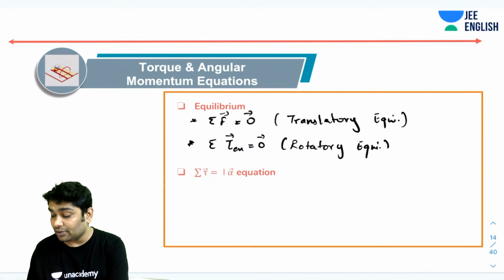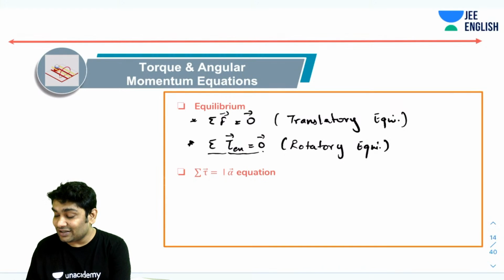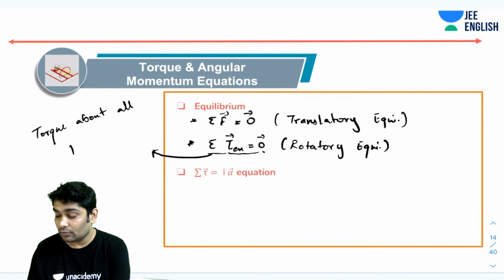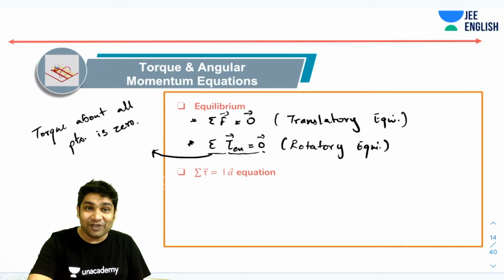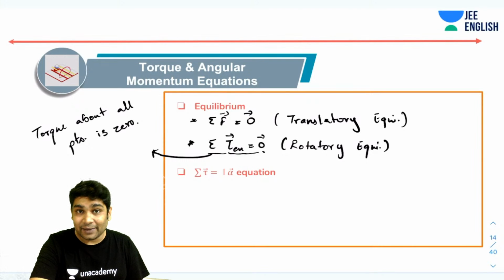Now, the point you should remember is that this is true about any point. For rotatory equilibrium, torque about all points is zero. This is something you need to remember. You could have taken the torques about any point and it would have come out to be zero. Next,